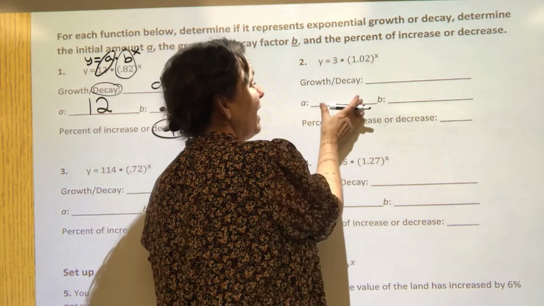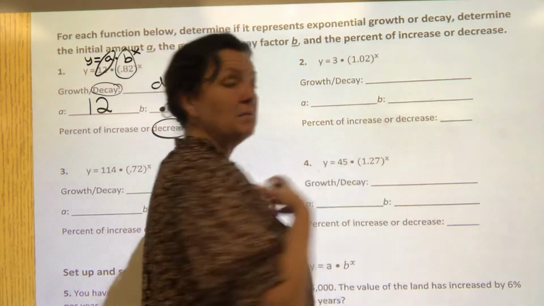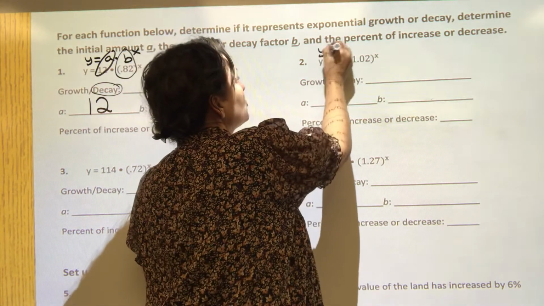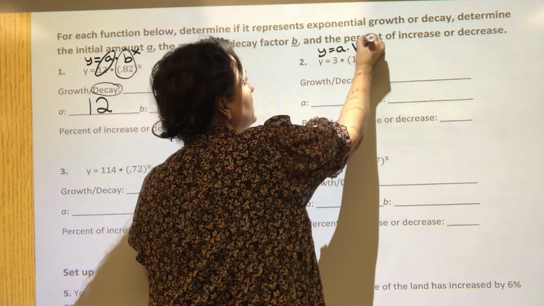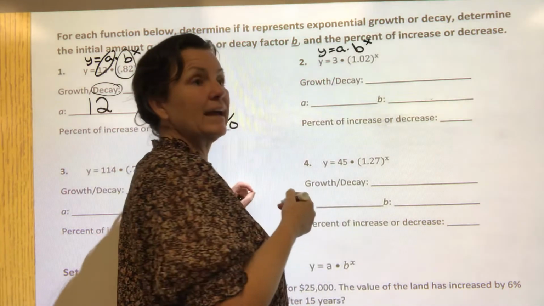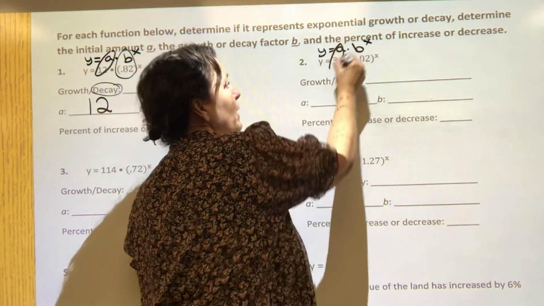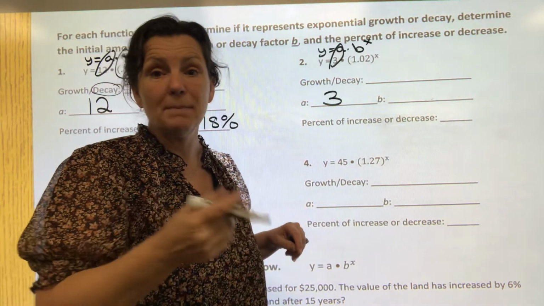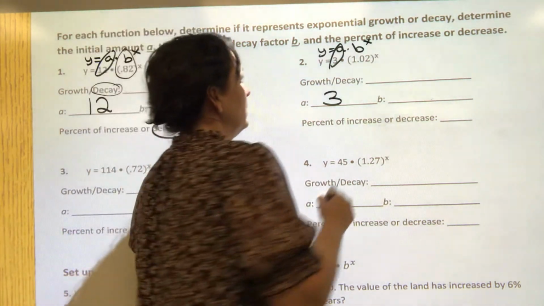First thing we're gonna do, I like to identify A and B. It's a personal preference, you do you. So I like to write down the original equation because it reinforces the exponential function equation. So I know I'm starting with 3 of something. Maybe it's 3 bacteria in a petri dish. Nice. And then the B is